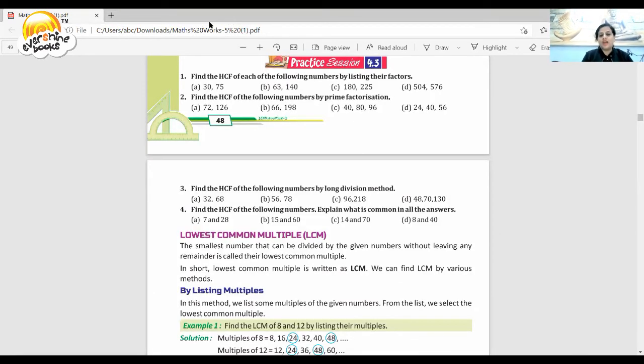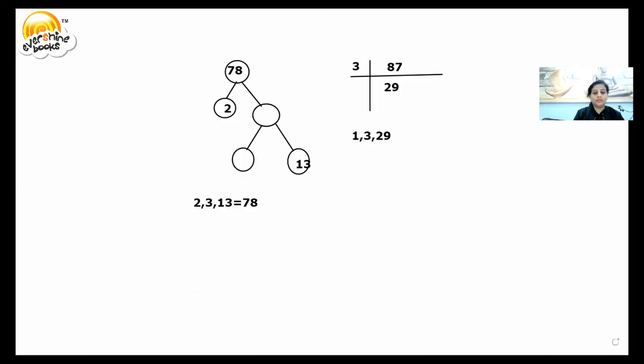So here, students, we have come to our exercise number 4.3. In that we are going to do HCF, highest common factors. Highest common factors are the factors of those numbers, that is 30 and 75. But we have to list out the factors first. After that we are going to take out the common factors. For this we are going to share the whiteboard. So, one question I will do and all the rest you are going to do.